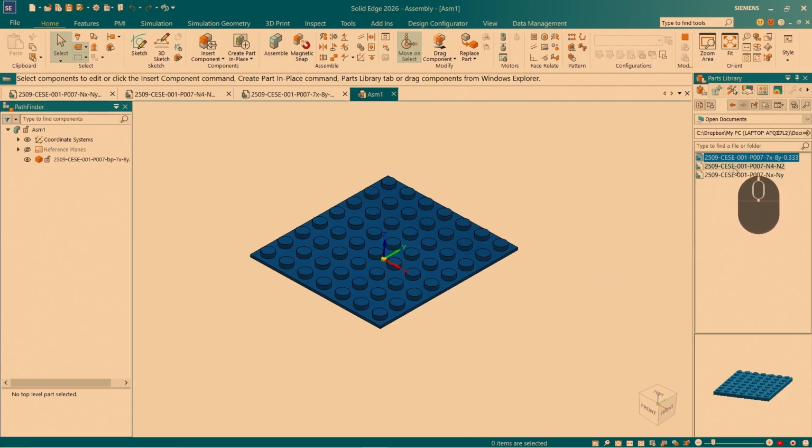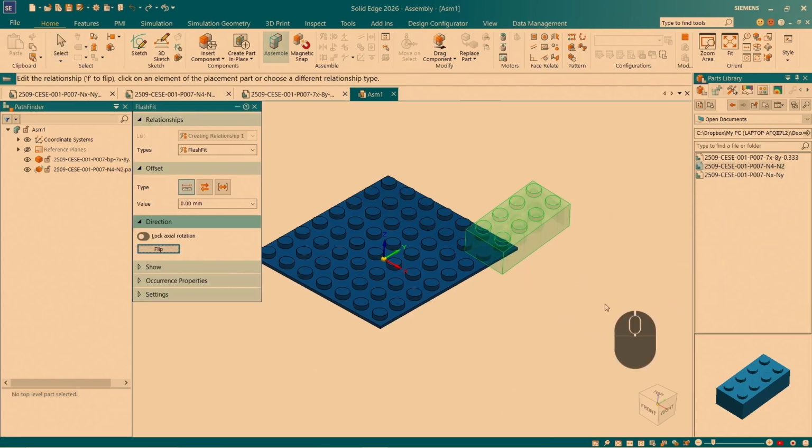So now I can click on each of the open parts here and look at the preview in this window below. So this is the block I want to use, and I can roughly rotate this in the orientation I want. This is kind of roughly how I want it to be oriented as I move it into the assembly. So now I can go back up to the part name here and drag the part into the assembly and